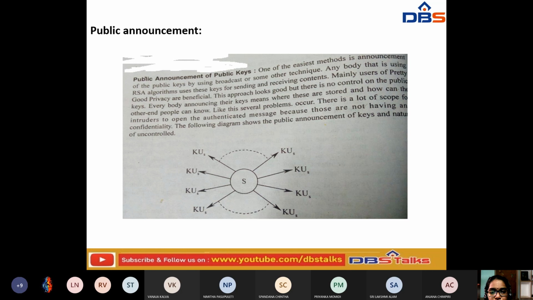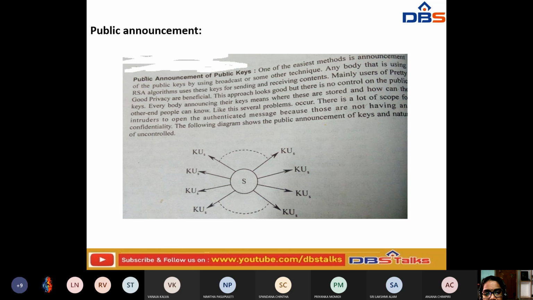This following diagram shows the public announcement of keys, which is uncontrolled. This is a key for user 5, user 6, just like that, so many keys. This is a source.